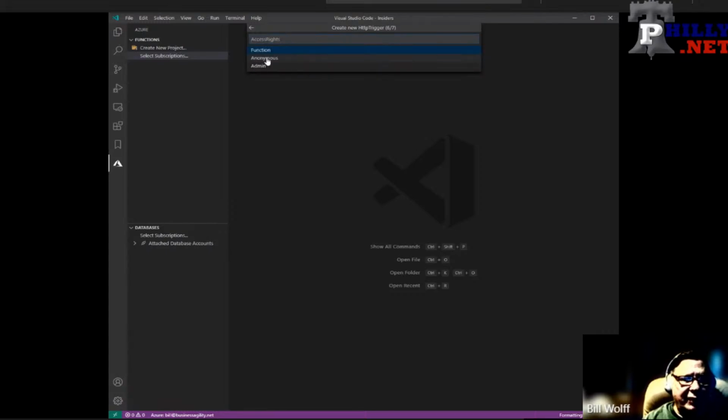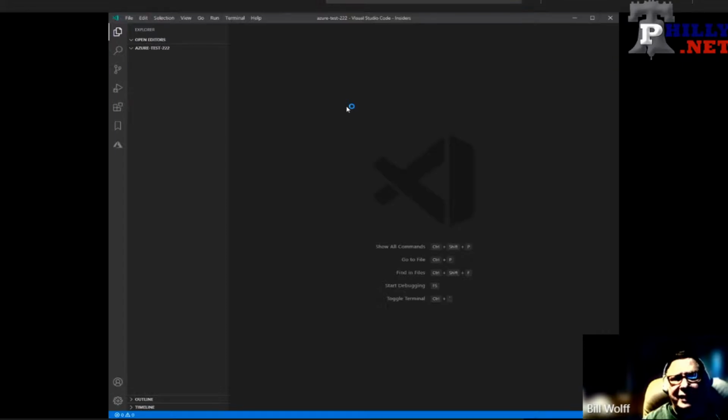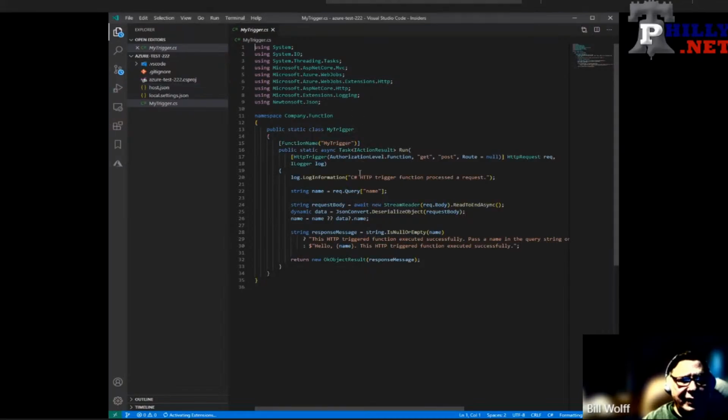And we're going to make this a company function. And let's open this in the current window. What it does is it basically works like templates, and it creates a project with a template. And if you go and look at the code here, you'll see that it has a host JSON file